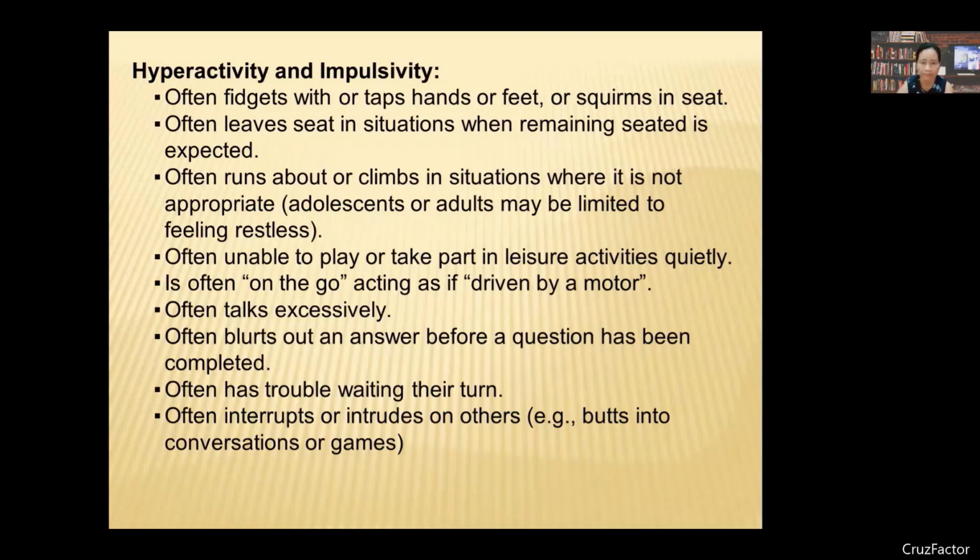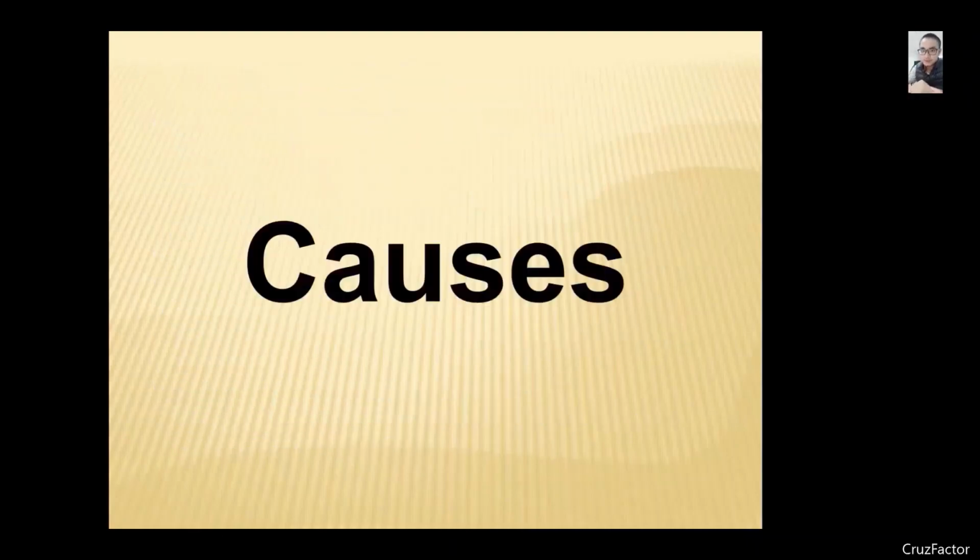Yes, I think these characteristics are not good for the children who have this disease. I think it's not good for their life and even their family. And behind this, I want to know what the causes of this disease, ADHD, are.